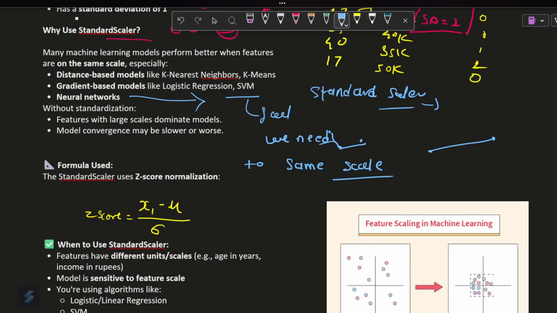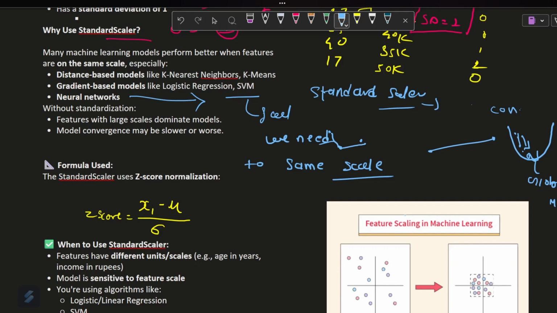We understand with the examples what problem we face when we do not use the standard scaler. When you perform gradient descent in that particular case, the convergence rate will be slow. It means that gradient descent will take a long time to converge to the global minima. That convergence will be very slow, and that's what we don't want. For that reason, we need the standard scaler,